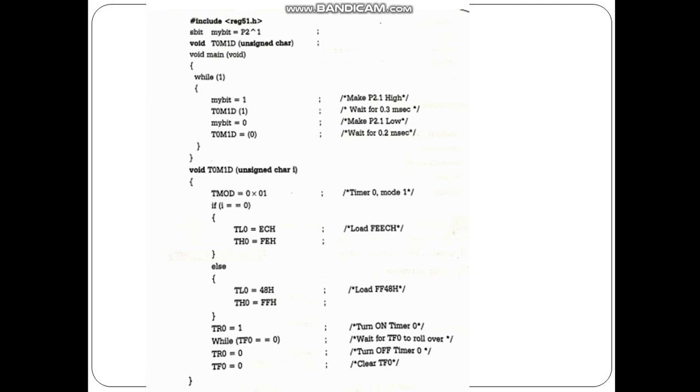If I is equal to 0, that means a 0.2 milliseconds delay has to be generated. Hence TH and TL are loaded with FEEC respectively. Suppose a delay of 0.3 milliseconds should be generated, then TL0 has to be 48H and TH0 is equal to FFH.